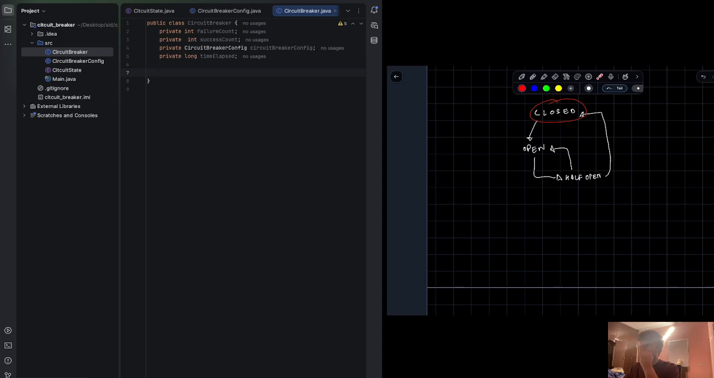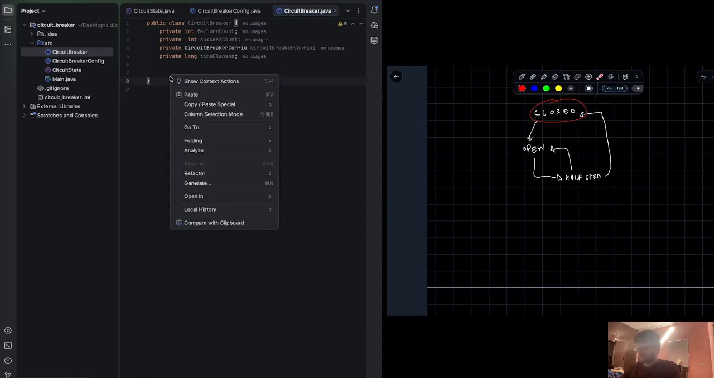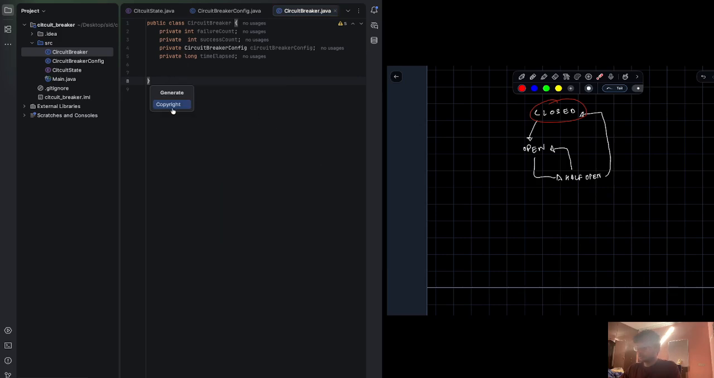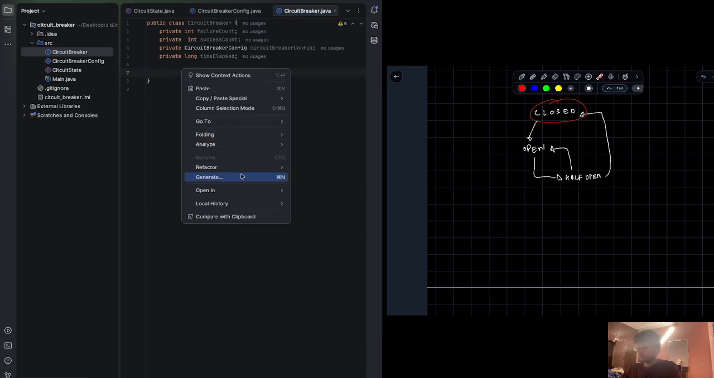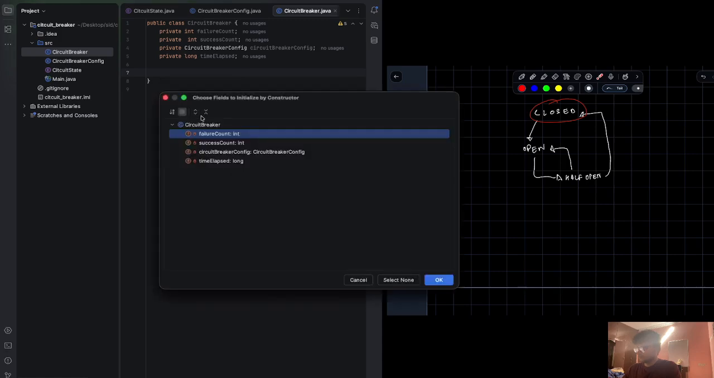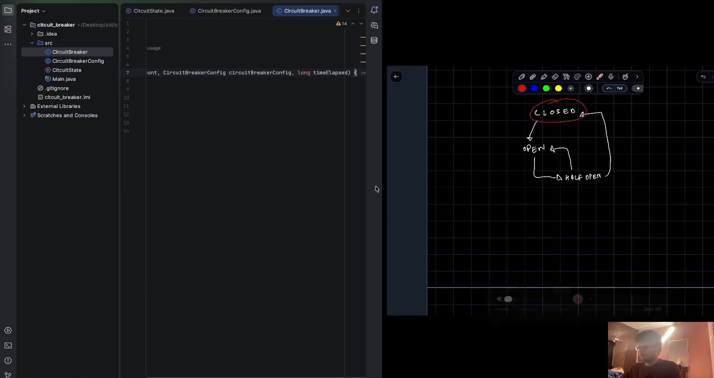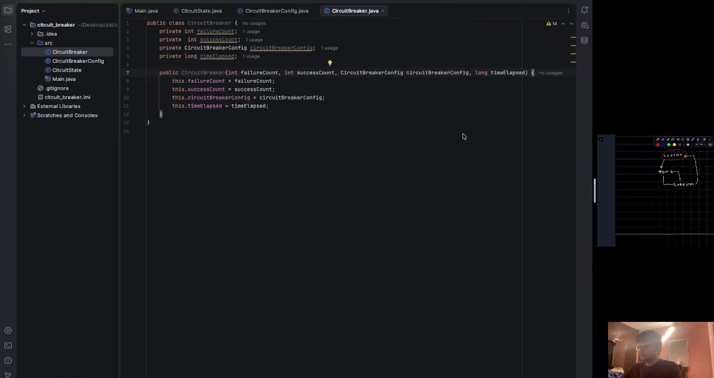Do you need anything else? Yeah, I think this is good for now. Let's actually create the constructor for it. Okay. Now. Okay. Perfect. Now that we have the